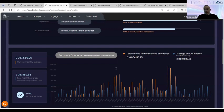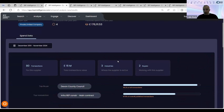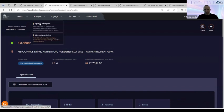Now, could it be that if you were to look at it, you're maybe not charging enough, or you're maybe charging too much, and I suppose that would help with how much you're going to fill in on the tender documents. So that's one way of looking at a supplier. We can do it another way in terms of